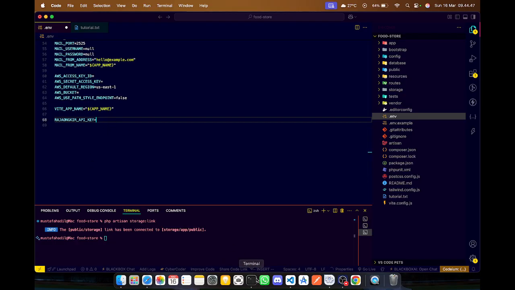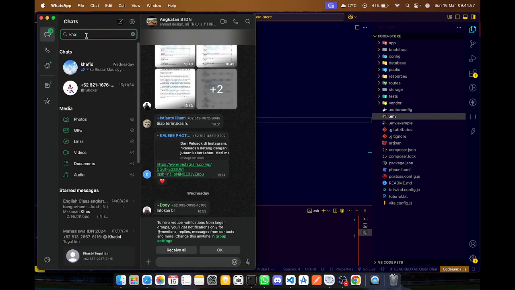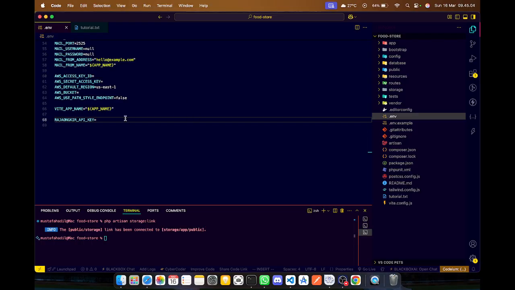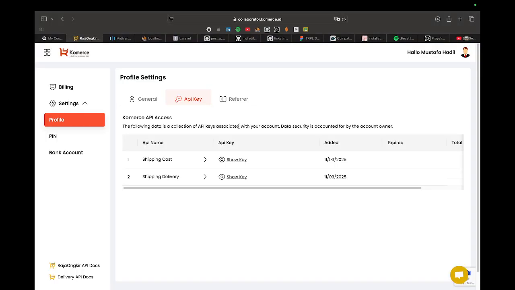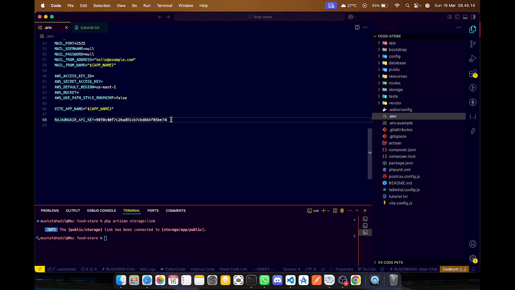I've got the API key in this. You put the API key there, in the env file.